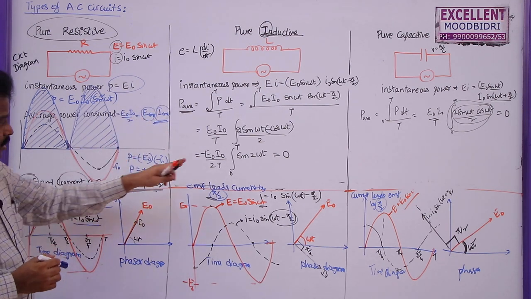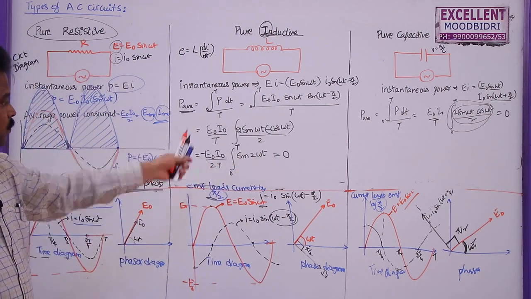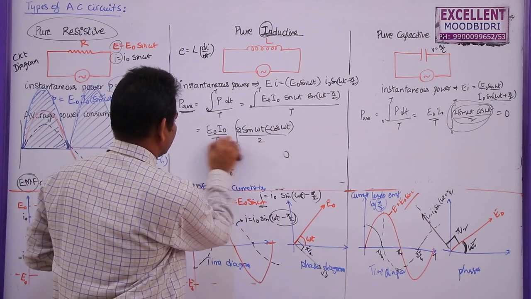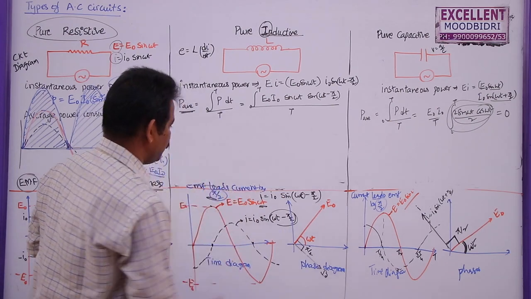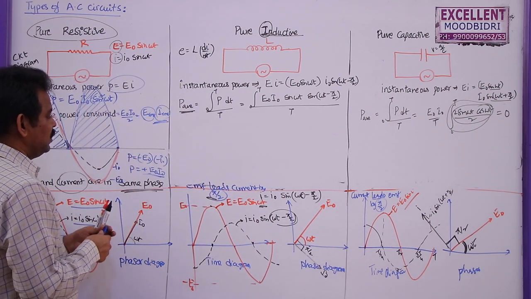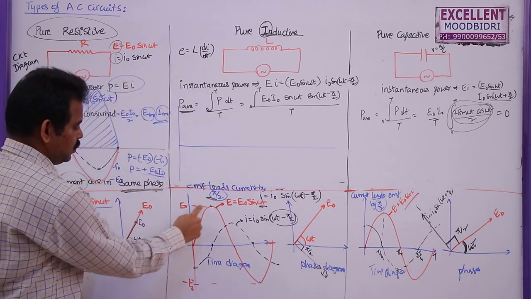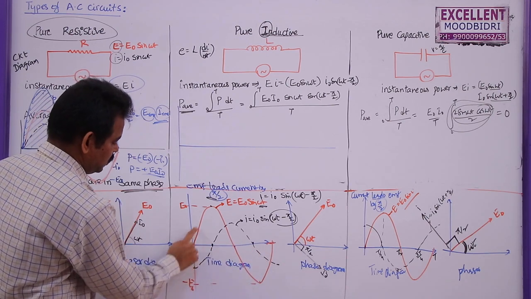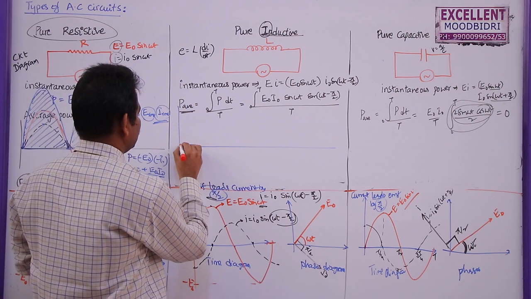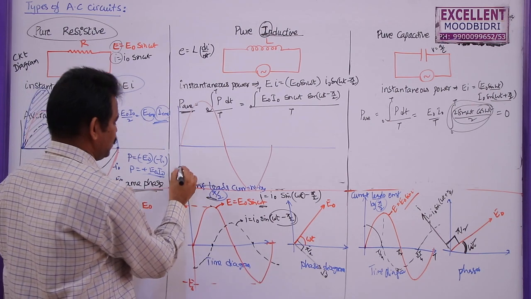Similarly, now let me come here. Here the total power consumed for a complete cycle is 0. Already we proved this one here. But graphically, how can we represent that the total power consumed in this case is 0? So graphically, what we are going to do here, I am going to represent this current and EMF in the same manner. Here this is the current, this is the EMF, red color one, black one is the current. So first let me draw this EMF here, after that current here.